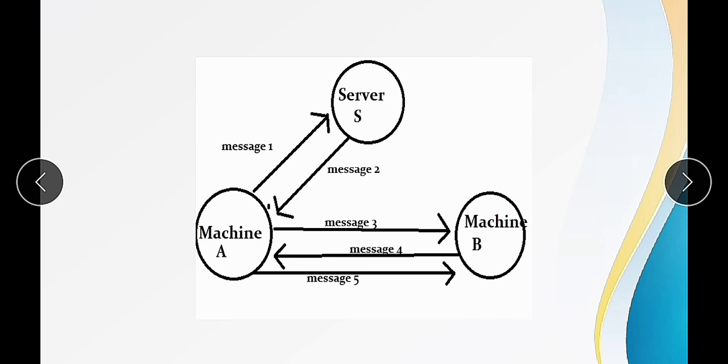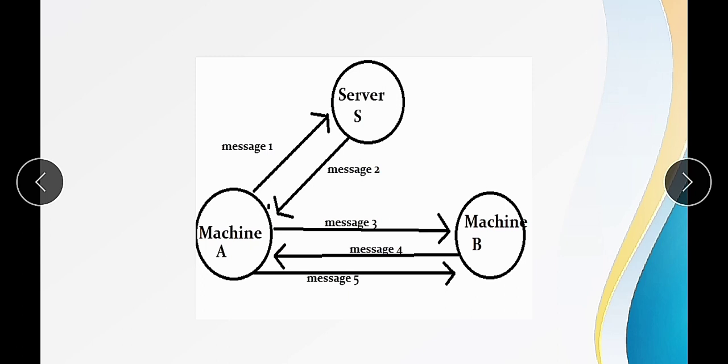After that this machine will tell Bob that it is machine A and wants to communicate with machine B. We can consider B as Bob, and A as Alice. So machine A, Alice, wants to communicate with Bob, and for that he is